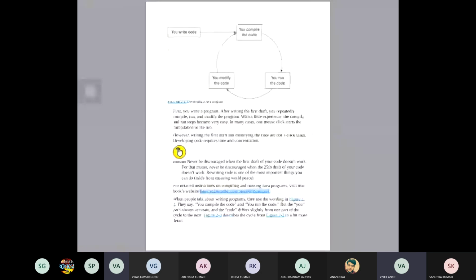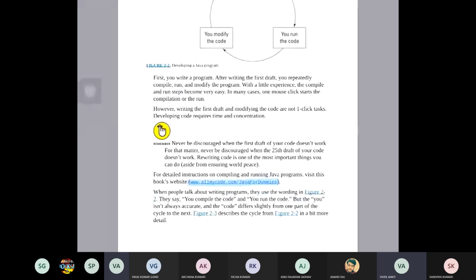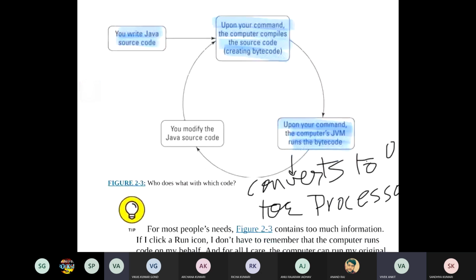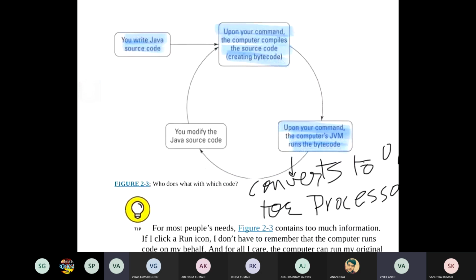But if we talk about IDEs, they just use that compiler and that JVM to make our work easier, more user interactive. So here's the cycle. We write a Java code. Upon command, the compiler converts it into bytecode.